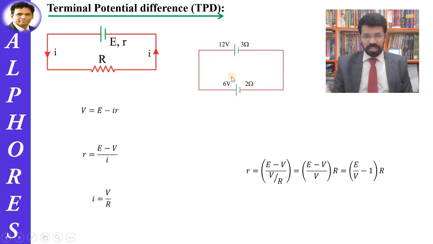Now the question is, what if both are 12-volt cells only? Both are 12-volt cells, and both have similar internal resistance as well, 3 ohms here, 3 ohms here. In this case, this cell will try to drive the current in anti-clockwise direction, and this cell also drives the same amount of current in the clockwise direction. So the resultant current will be 0. So if both are of the same EMF, then there won't be any current flowing in this loop, isn't it? Just remember this point as well.